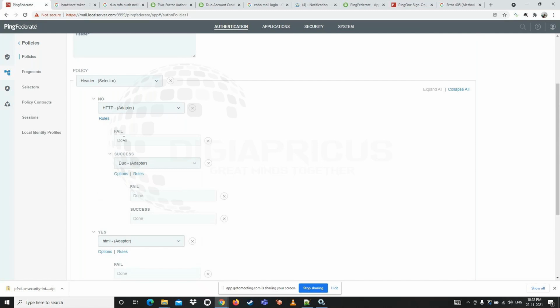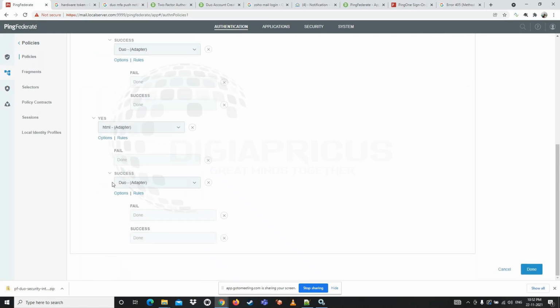So you can specify that IP range in the CIDR selector. If it is yes, it means the application request is coming from this particular IP range, so automatically you are trying to access the application outside the network, that means over the public network only. If you are accessing that particular application from those IP ranges, it will take it as a yes. So for that you can enable this option like the HTML adapter, and on success of the HTML adapter